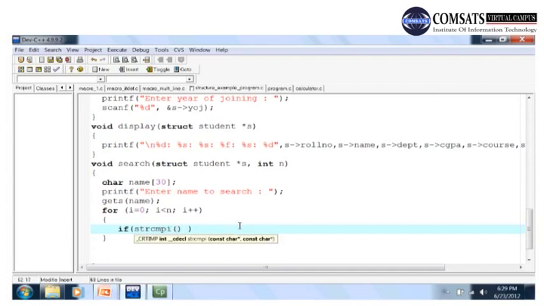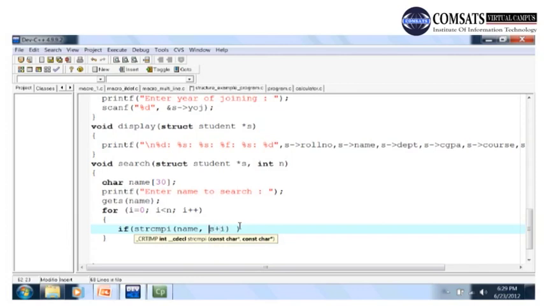The strcmp function is case sensitive. If the first string contains capital A and the second contains small a, then strcmp says these are not the same string, but for strcmpi they are the same. So for strcmpi, capital A or small a are the same character. Name, comma, s